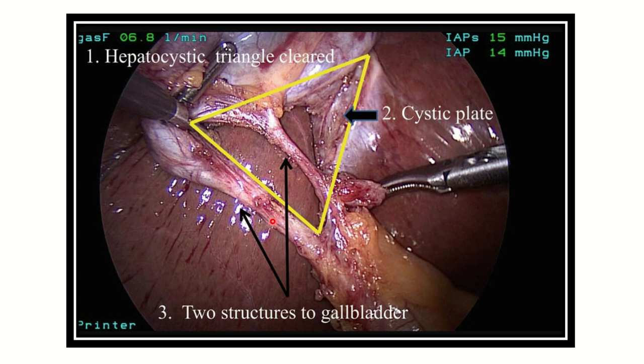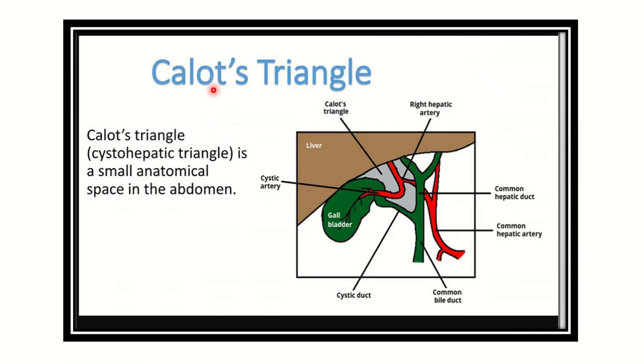Here is the different duct of the gallbladder, and this triangle is the Calot's triangle. Here we can see this is the Calot's triangle. So here we can see in pictures, this is the Calot's triangle. The Calot's triangle or cystohepatic triangle is a small anatomical space in the abdomen, especially located in the undersurface of the liver. Here we can see this is the liver, here gallbladder, and from the gallbladder cystic duct forms the common bile duct